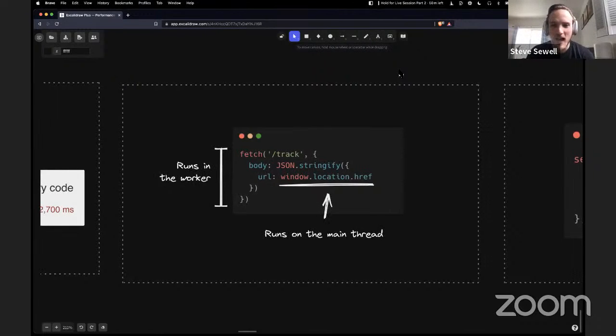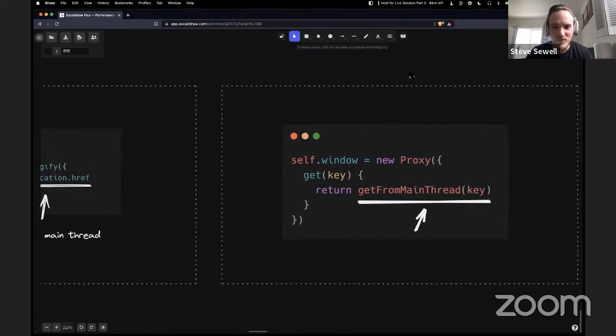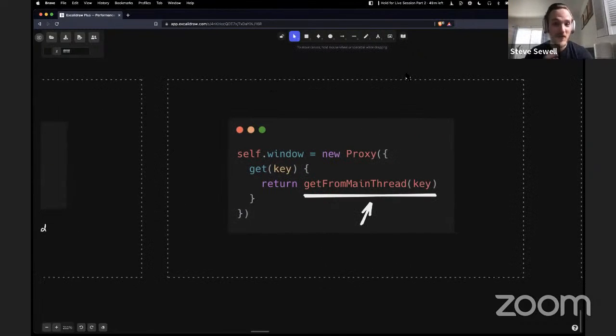But the question is, how in the world do you do that, right? The big key issue is the web worker is asynchronous. It cannot access the main thread synchronously. The browser does not allow that. And so somehow we need synchronous access to the main thread so that code as written by somebody else will just work. So that's where, and I'm going to give a very high level description, and then we can dive in with Adam to answer some of the details on how this works.